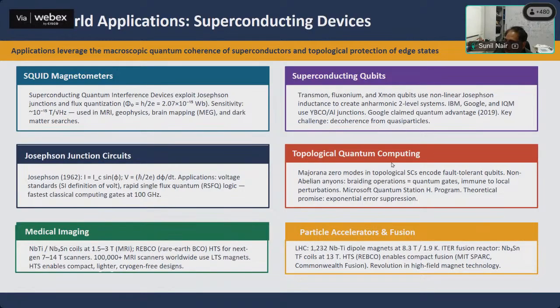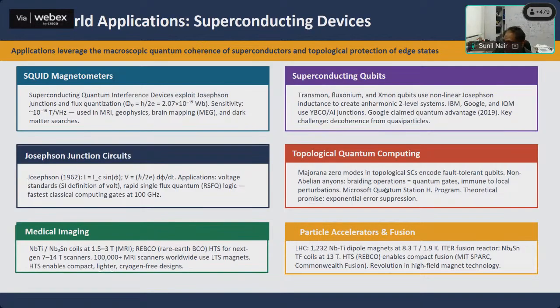The area of topological quantum computing is an extremely interesting one. If you look at quantum computing per se, there are three major hardware platforms. You have the superconducting qubit-based platform, you have the ion trap or cold atoms-based platform, and you also have the photonic-based platform. Within the superconducting qubit-based platforms, they're typically transmon or fluxonium kinds of qubits. IBM uses this in their quantum computers. The problem appears to be hitting a glass ceiling in terms of the number of qubits which one can successfully operate.